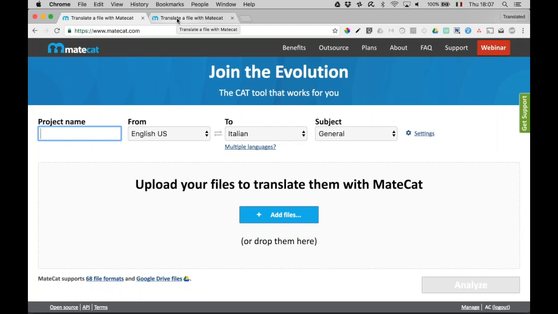Okay, so MateCat works on basically any device that can support Safari or Chrome. You can translate with MateCat on a tablet if you're using Chrome on that tablet. So usually Samsung, or let's say Android tablets, can be used to translate with MateCat.